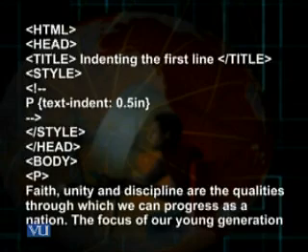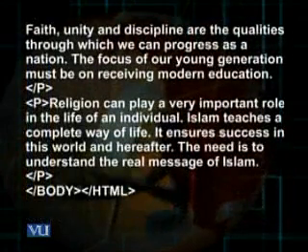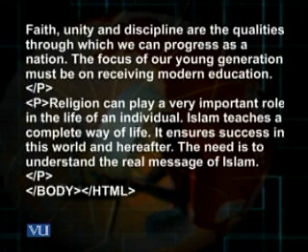In the first paragraph tag, the paragraph again reads: faith, unity, and discipline are the qualities through which we can progress as a nation. The focus of our young generation must be on receiving modern education. Because of the text indent 0.5 inches, this paragraph would be indented accordingly. Then the next paragraph tag has a different statement: religion can play a very important role in the life of an individual.